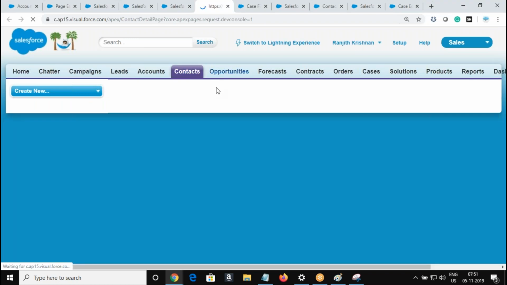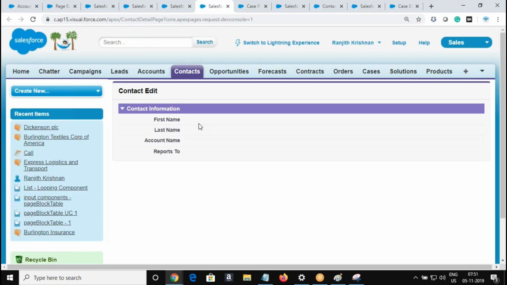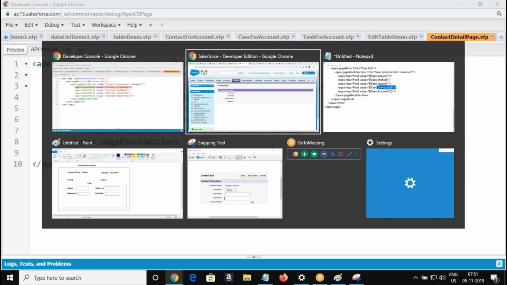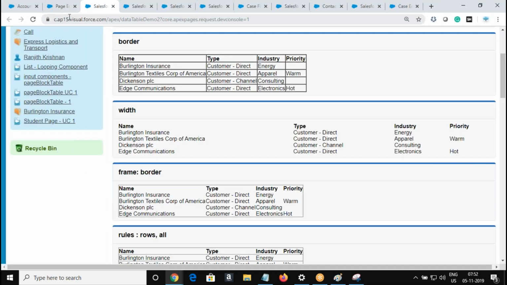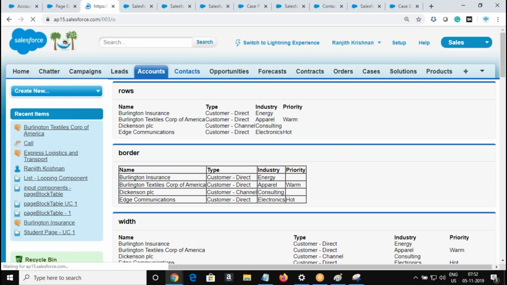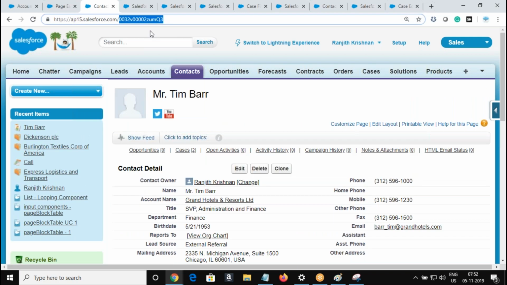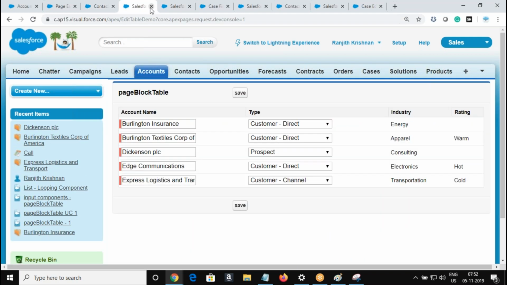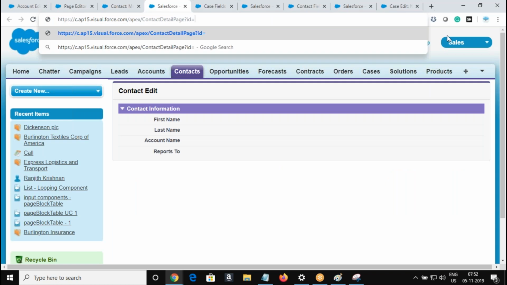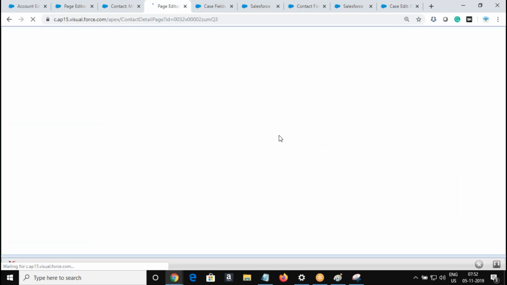I'd like to display the account details. Okay, existing account contact details. So let's go. I'm just choosing this account contact. So I pass the ID in the URL. Right.